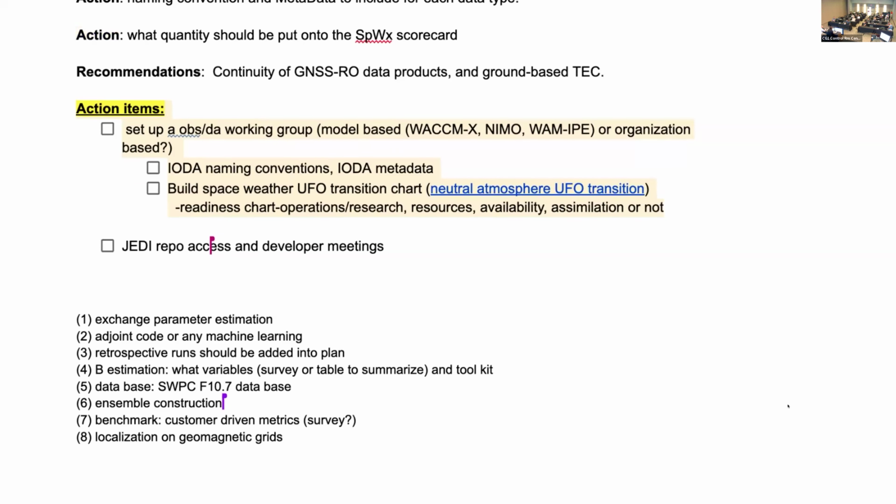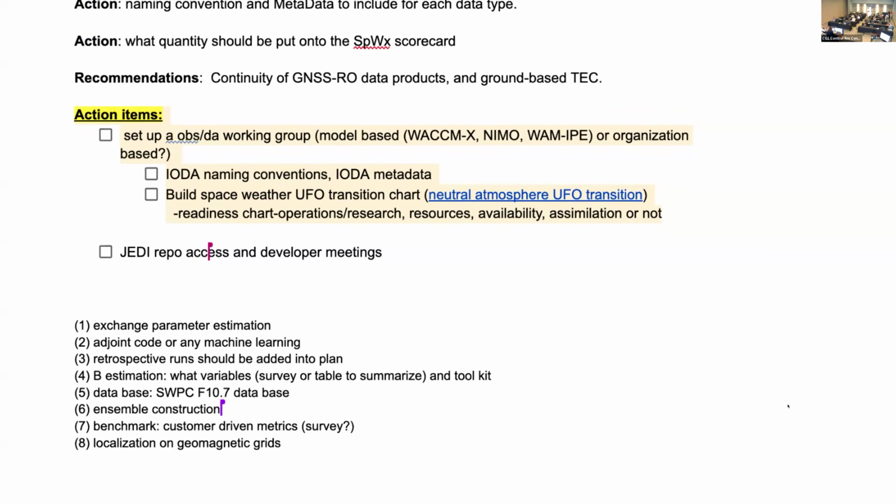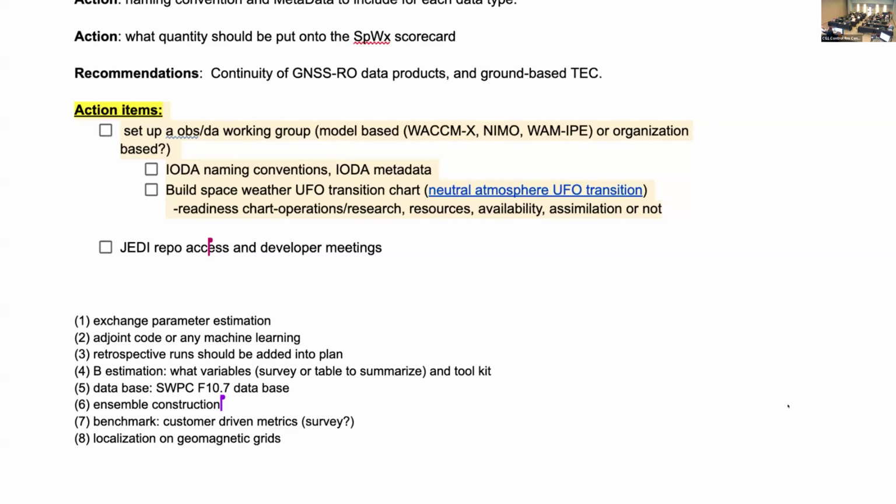So any other comments, questions? There was a suggestion raised yesterday during the model interface discussion about doing a sort of survey of grids. Is that going to be sent out to the whole community, or how is that going to work?